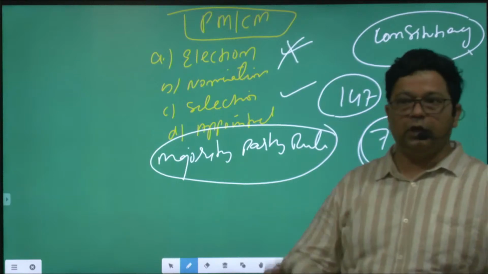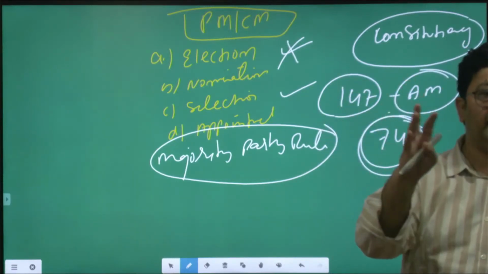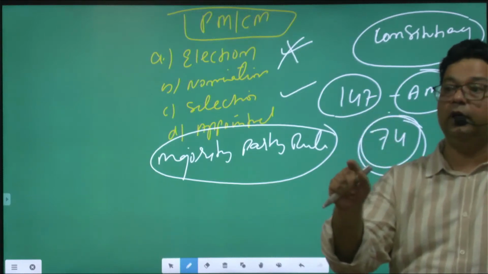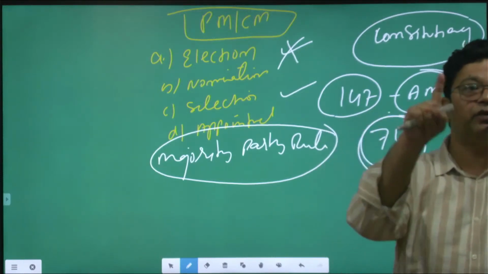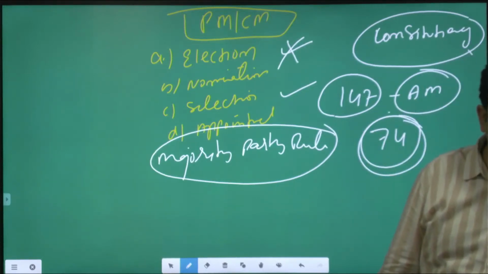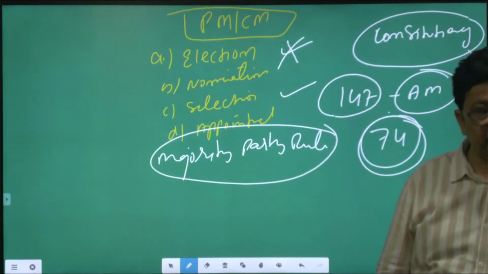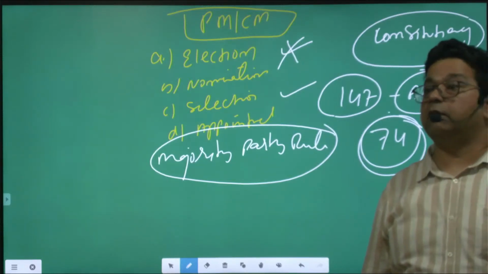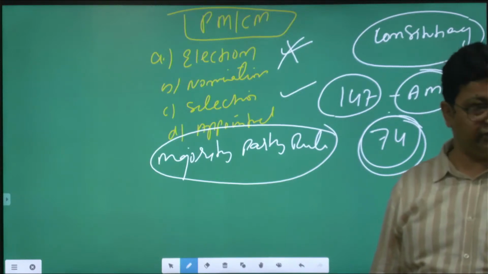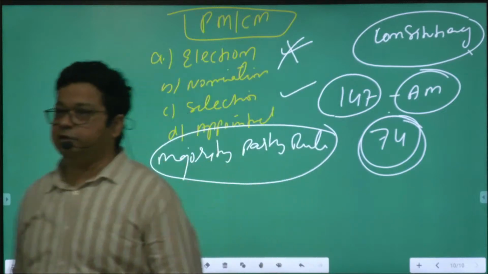Yes or no? So suppose a party named A has 74 seats in an assembly out of 147. So it has an absolute majority, and it will form a government. Till here it is clear? But we have still not come to the point of the chief minister. So how will the chief minister come? The next feature of the parliamentary form of government is